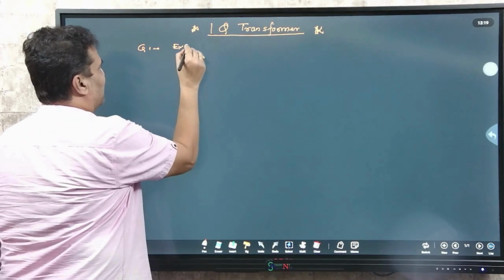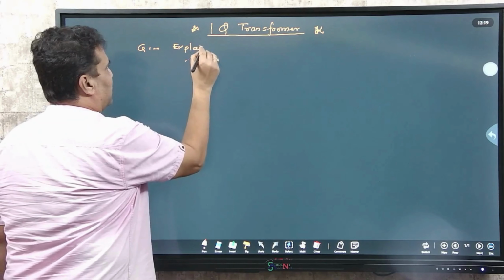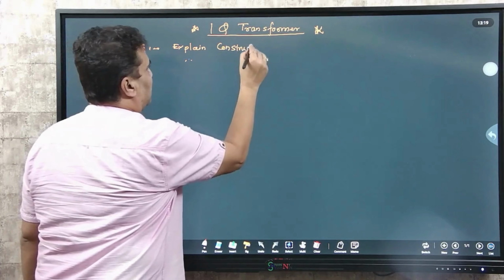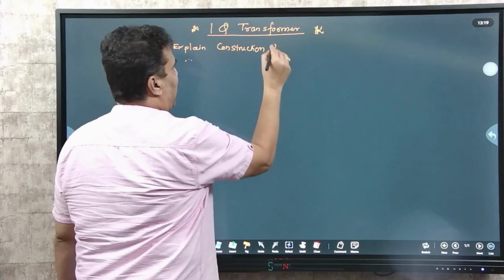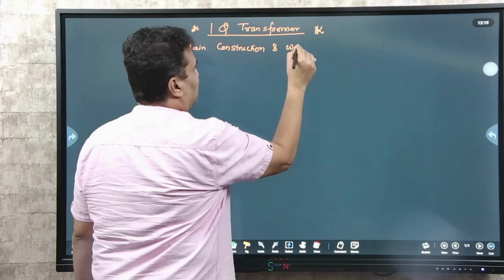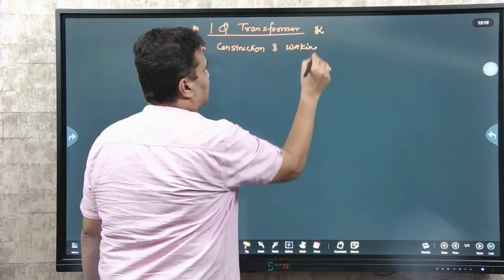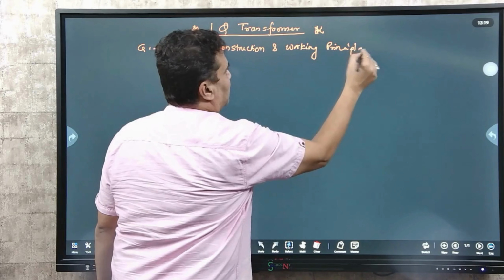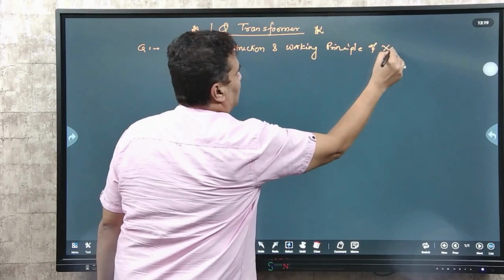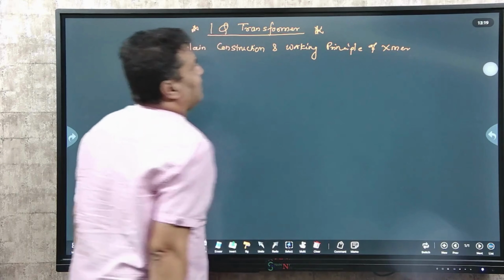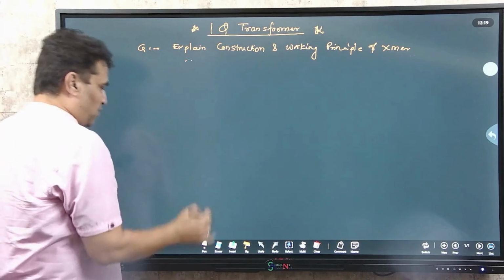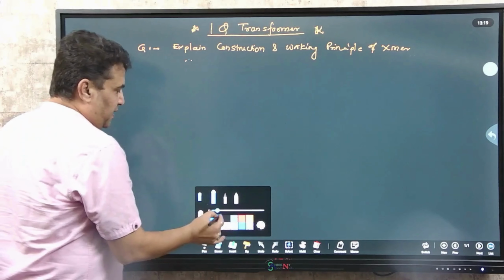It has already been covered in 12th standard also. Explain construction and working principle of transformer. In that, what do you have to write? It might be a 4 or 6 mark question, and it is very straightforward and simple, because in the transformer the